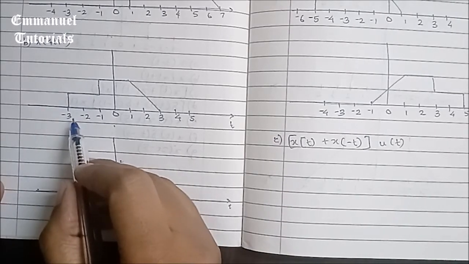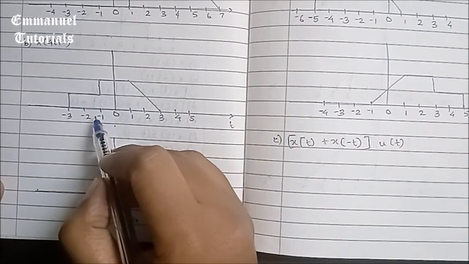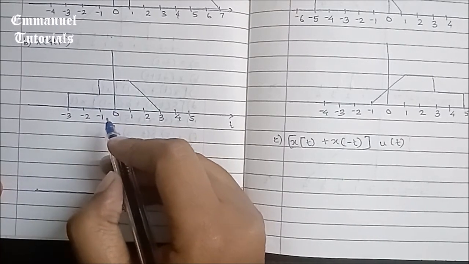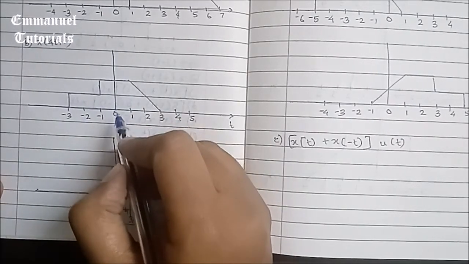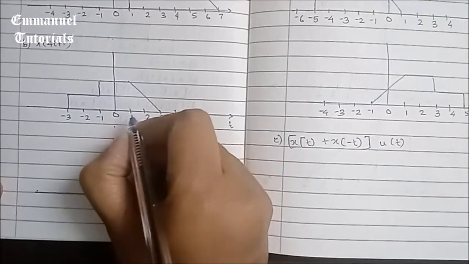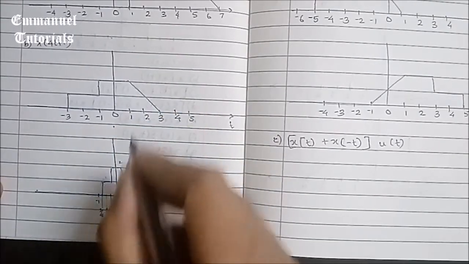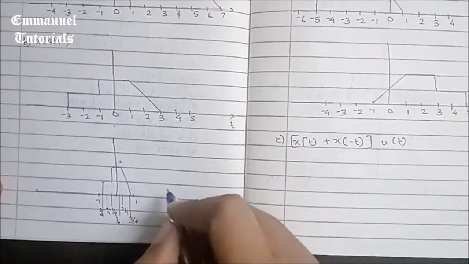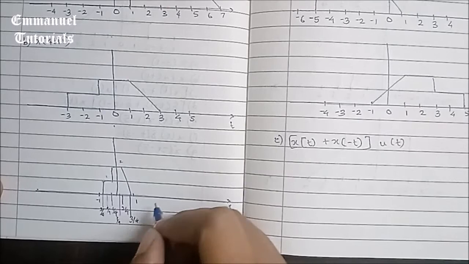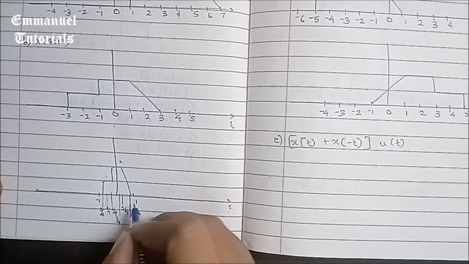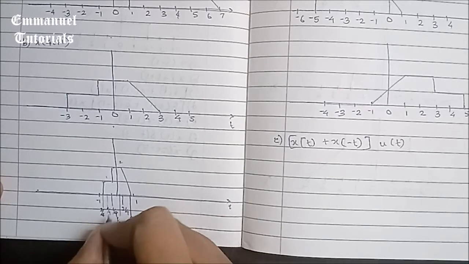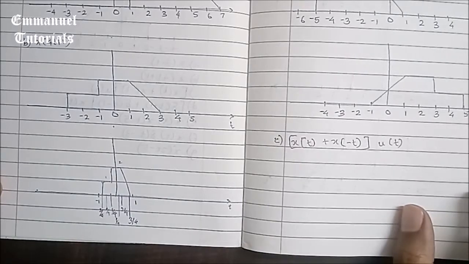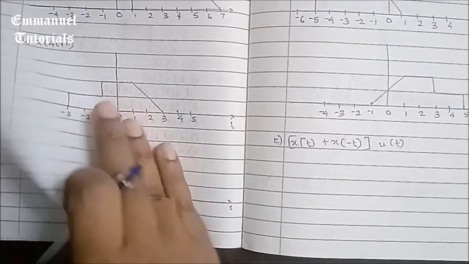So the point at minus 3 will appear at minus 3 by 4. The point at minus 2 will appear at minus 2 by 4, that is minus 0.5. The point at minus 1 will appear at minus 1 by 4. The point at 0 will appear at 0 by 4, which is 0 again. The point at 1 will appear at 1 by 4. The point at 2 will appear at 2 by 4, that is half. And the point at 3 will appear at 3 by 4, which is 0.75. So it is not going to reach till 1; it's going to be before 1. You can just mention the points as I mentioned here to show the difference.